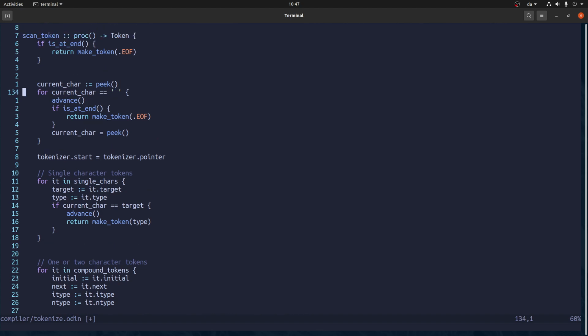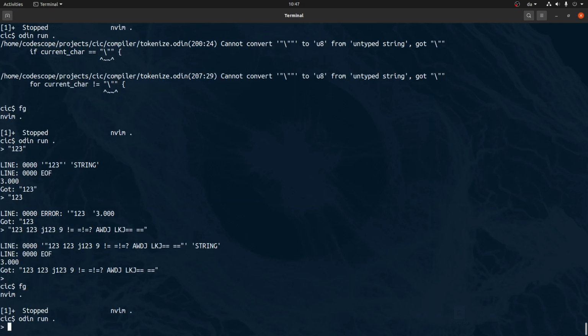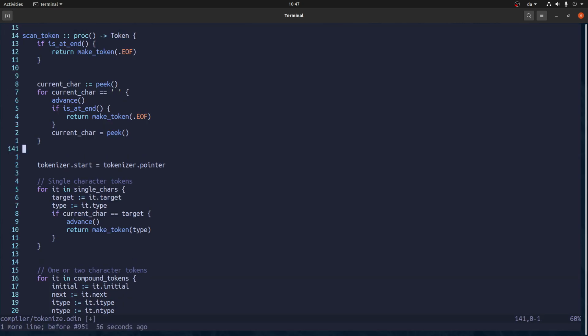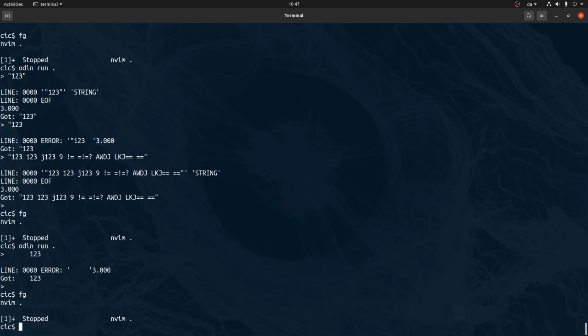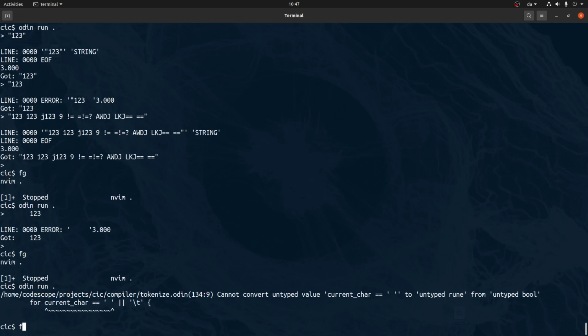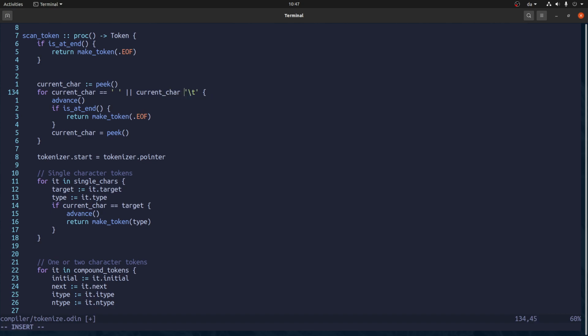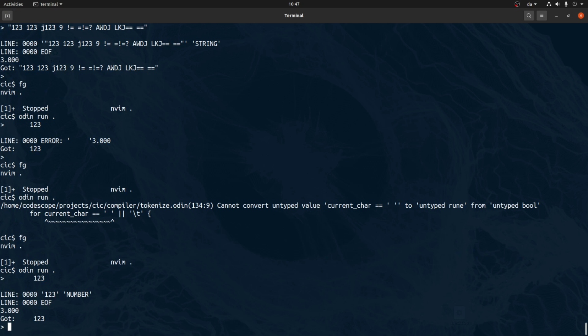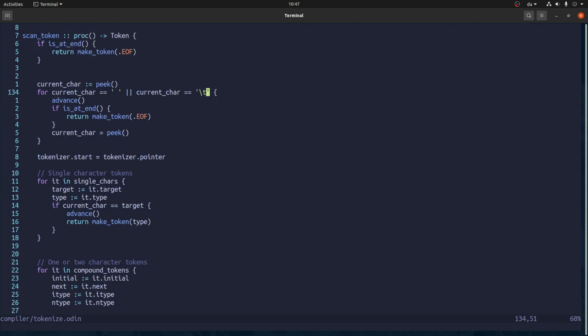Alright, in this video let's add support for more kinds of white space. So that's completely wrong. But let's say we have a tab character. Let's actually see how it would work beforehand. So we have a tab, and then it will just return an error. But now, oops. So we have to say like so. Now it should just ignore it in the correct way.